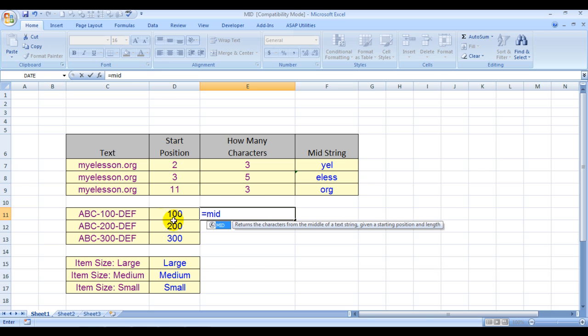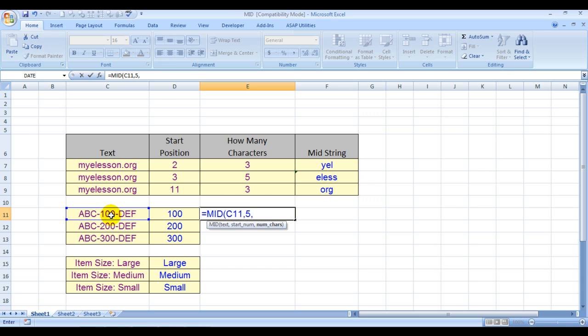I want to extract 100. So MID, this is my text and comma. And what is the start number? If I want to extract 100, so A, B, C, 1, 2, 3, dash is 4, and 5 would be my starting point because I want 1, 0, 0. So 5 would be my starting point, comma. And how many characters do I want?